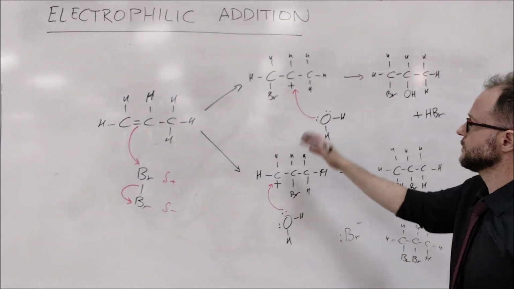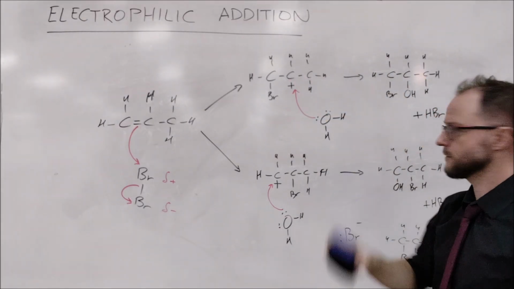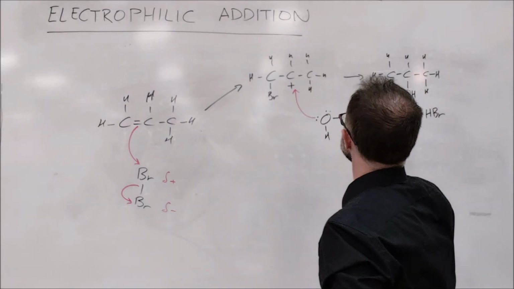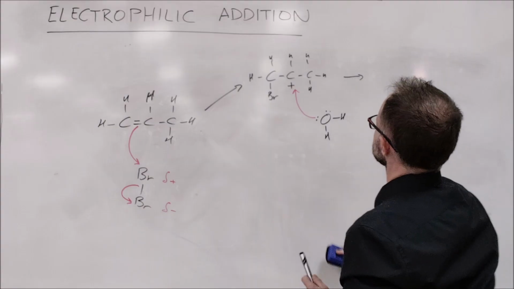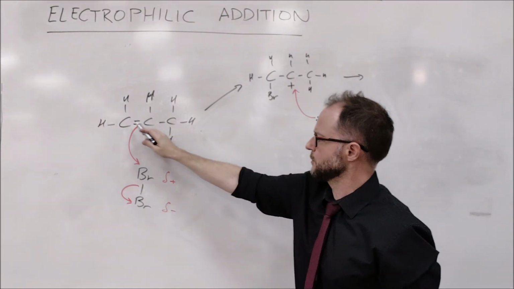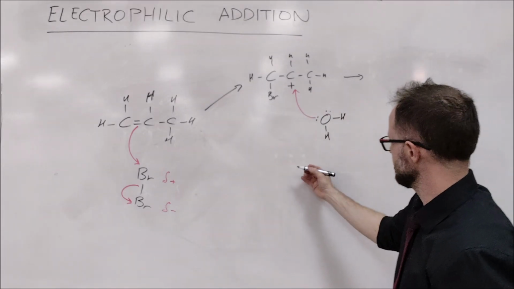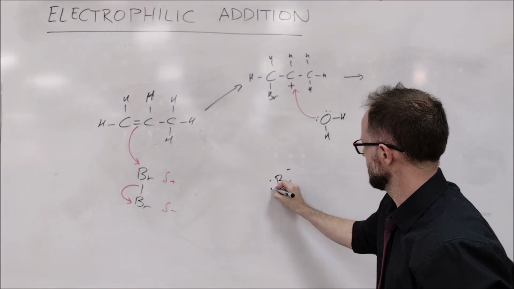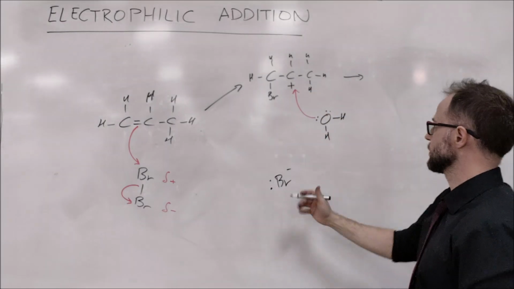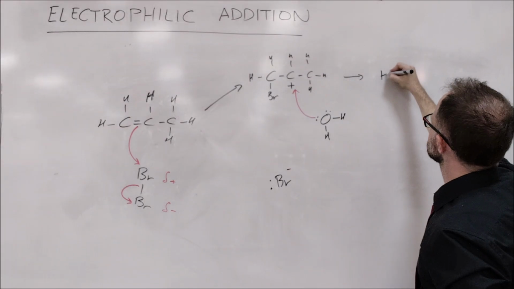Now, for those of you who want to delve a little bit deeper into how this becomes this, let me just make a little bit of space here. I'm not going to draw the whole thing out again. We've got the double bond attacking the bromine. These 2 electrons here move on to that bromine there, leaving behind a bromide. But it's competing for that position with the water molecules. There's a vast amount more of water molecules. So that electron pair attacks that positive charge there. And what we get is,